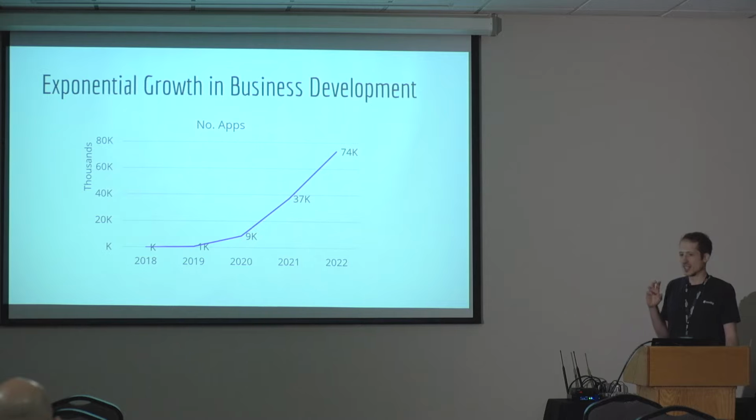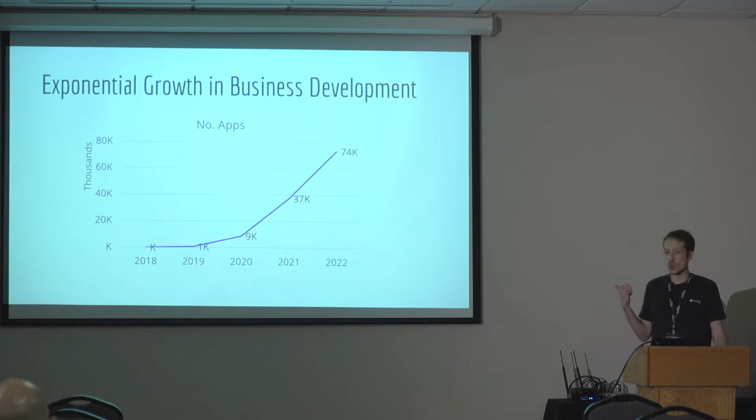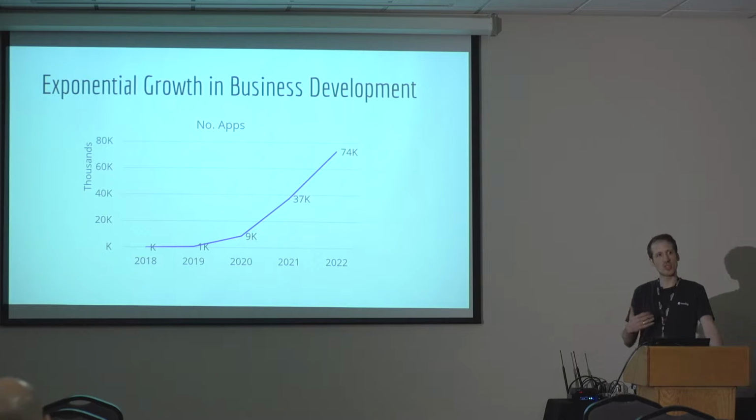Now the amazing thing about this is just the rate of growth. We'll talk in a moment about who's building those types of applications. This is not only built by IT or by professional developers. This is mostly built by business professionals. This is also why this graph is so interesting, and it's also why this entire subject is important. It's because with these kinds of numbers, our traditional approaches, manual interventions, security reviews, those won't really help. So we'll see what we can do.